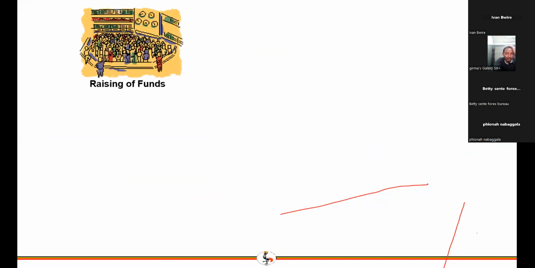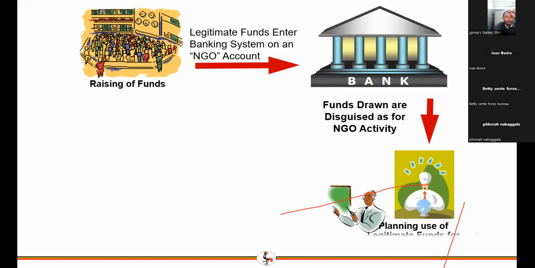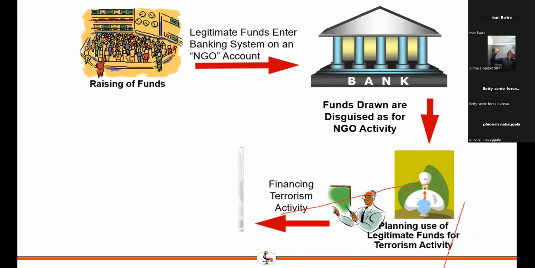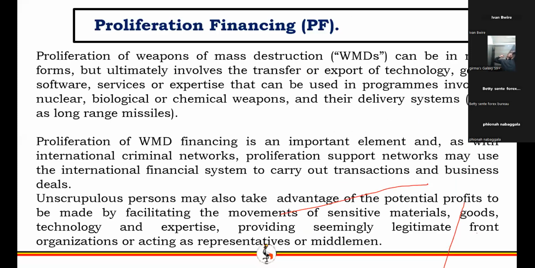So for terrorism financing, money can be generated or raised from a business, a clean activity, or a business activity that is not legal. And then the terrorists place it into the financial system, and there's another stage where they plan to perform the act of terrorism. So the idea of placing it into the bank is to disguise the activity that they will use the money for. And then eventually the terrorists plan the use of the funds to commit terrorism, as you see in this picture. So that is what we call terrorism financing.